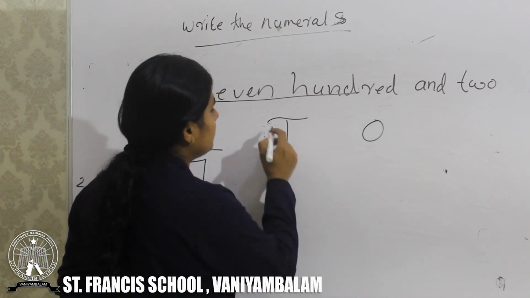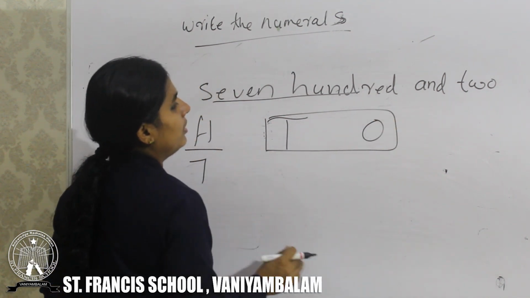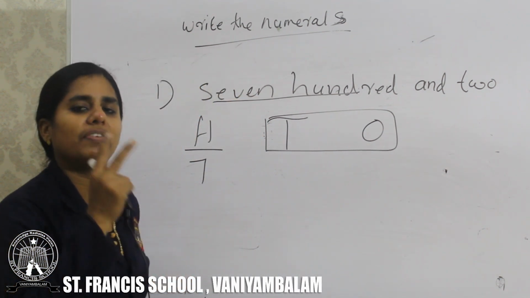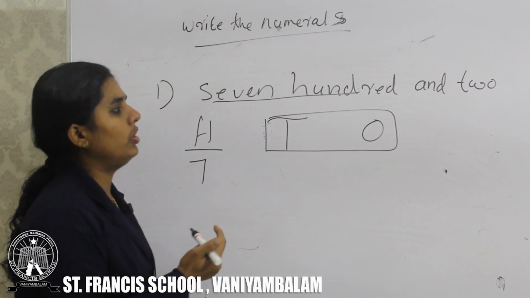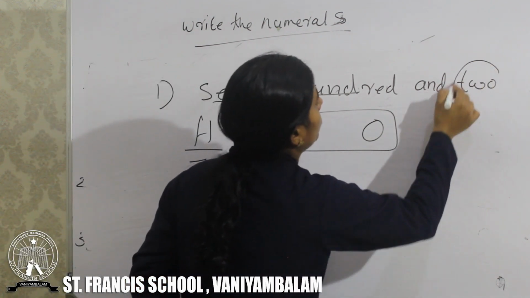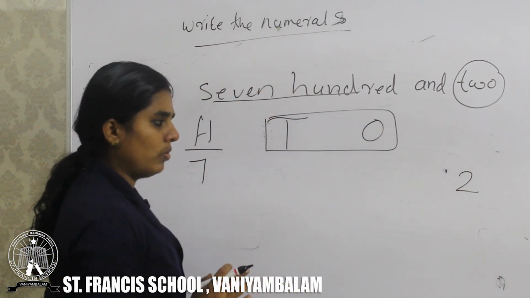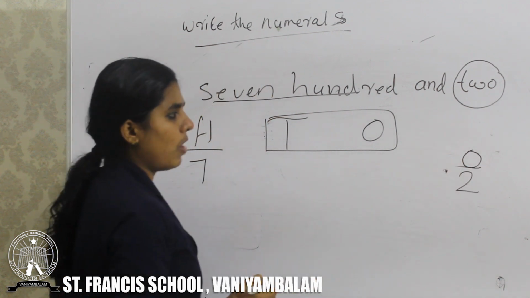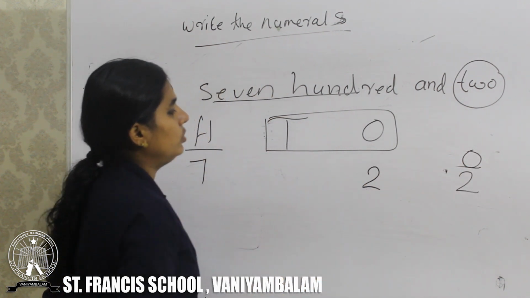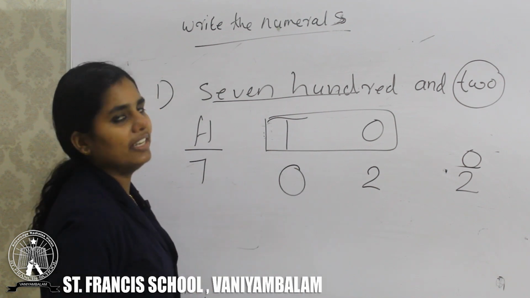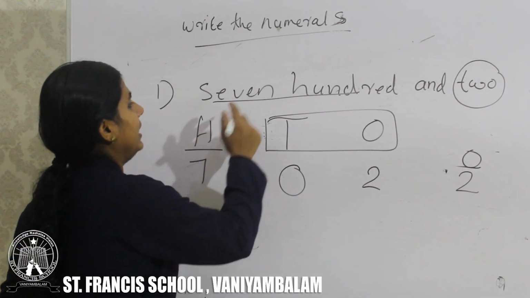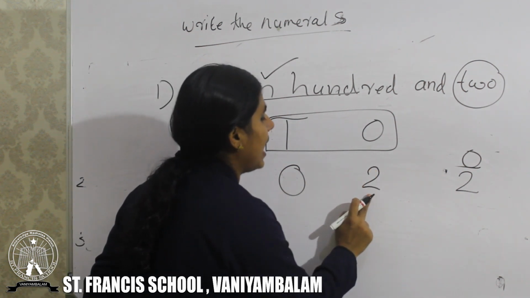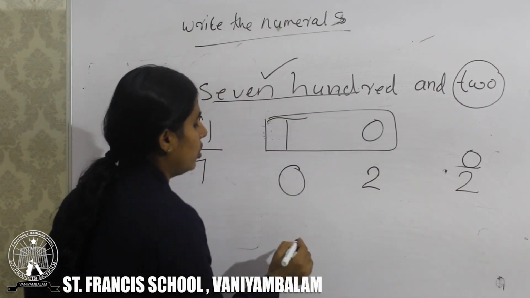Then tens and ones place we want to read together, but look here, we have only 2, only number 2, not a 2-digit number. I already told you, here we have only number 2, only a single digit number. That 2 stands in which place? Ones. Then in the ones place we have 2, that means in the tens place we want to write 0, that is 700. Yes, correct. Then next we have only 2, that is 702.